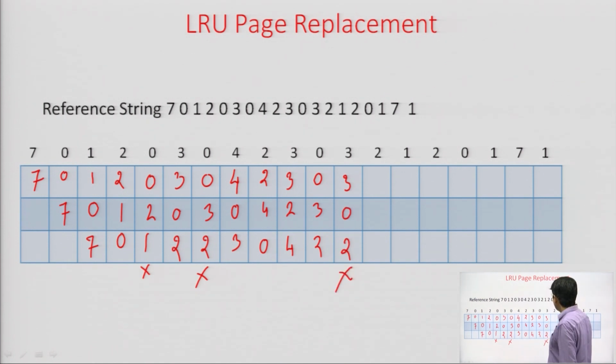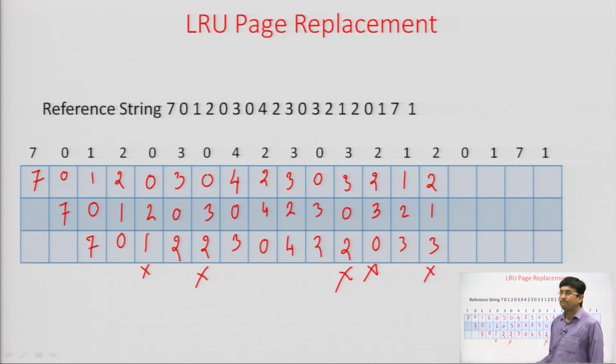Then 2 is referenced, 2 is also present, so bring 2 on top, no page fault. Then 1 is coming and there is no page like 1 here, so we will have to replace it with the least referenced page, that is 0. And then we have 2, so we bring it on the top, there is no page fault. 0 is referenced and 0 is not here. 3 will go and 0 will come. Then 1 is referenced, 1 will come on top,